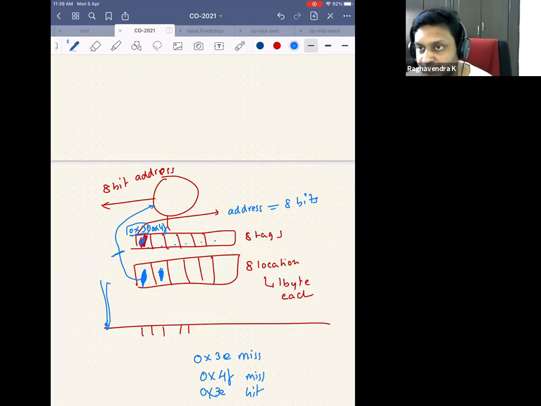And that's where I get the performance boost, because this would have taken maybe 100 cycles, which means the pipeline would have been stalled for 100 cycles. But here, maybe I read it in 1 cycle, which means the pipeline stalls are minimal. And you already know from pipelining that any stall is bad. But of course, I am not happy with this design, because I'm fetching only 1 byte. Since I'm going off chip, instead of fetching 1 byte, I want to fetch more bytes. Why do I want to fetch more bytes?